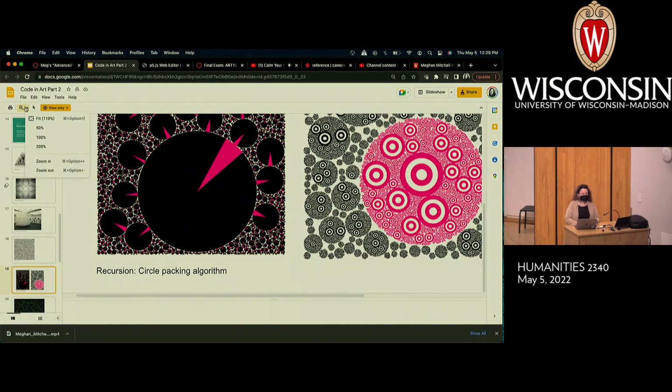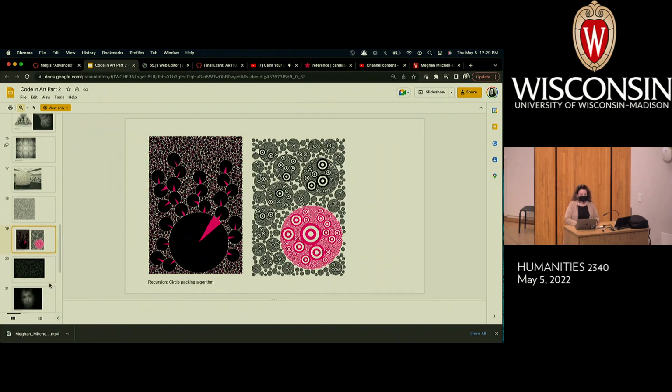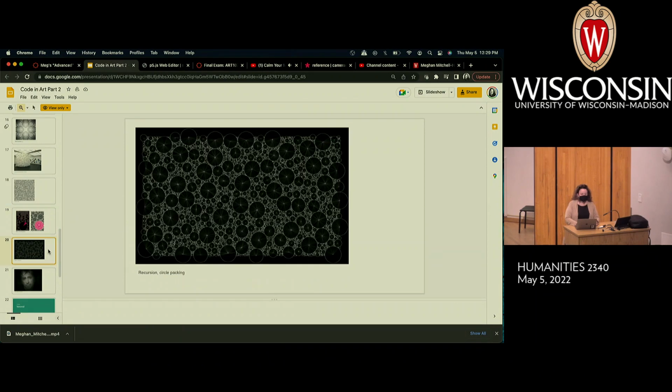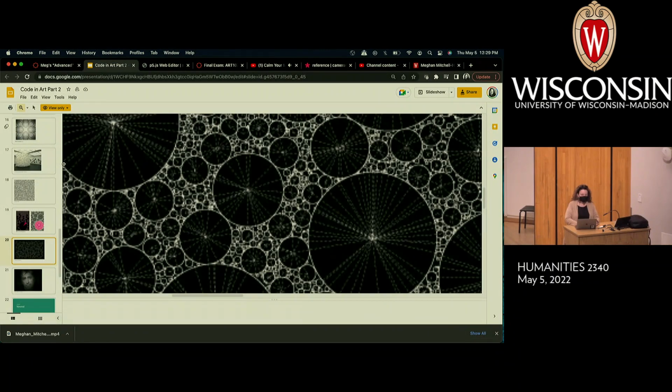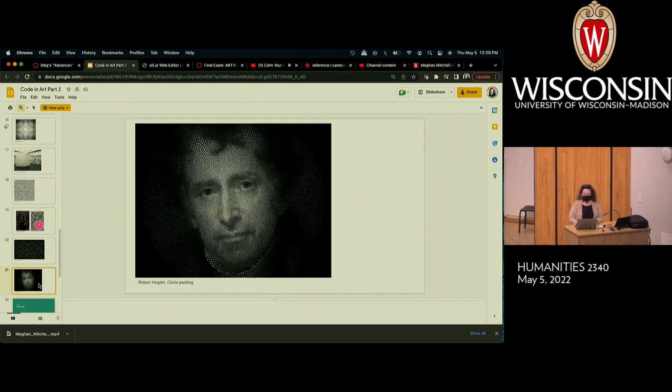Circle packing is fun. I think that there's quite a few people who use it as a device to create their work. So here's a couple of examples of circle packing. And let me zoom in on this one a little bit. Maybe not that far. So that's an example of circle packing. And then, of course, this is an example of circle packing,